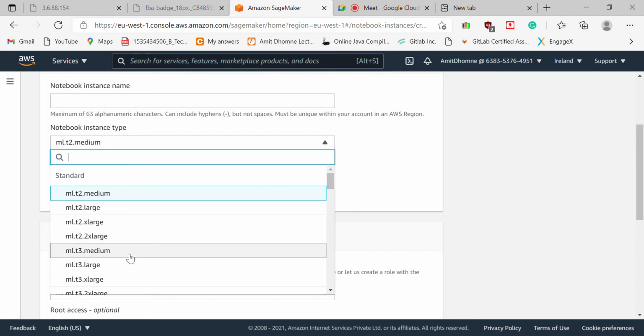These are nothing but the memory, your processing power. What kind of processing power you want to give it, and each selection of processing power will have a certain configuration. Suppose medium will have 4 GB and 2 CPU. If you go for large, it will have 64 GB RAM and a certain amount of CPU. So like this it is going to change